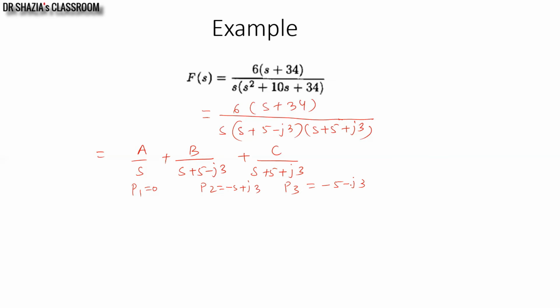So here when I'm going to apply the partial fraction expansion, at that time the coefficients b and c will also be complex conjugates of each other. You can say c will be the complex conjugate of b. The first one is a real pole, so it can be calculated as we have done in the previous examples. So for the first pole I will generate A as